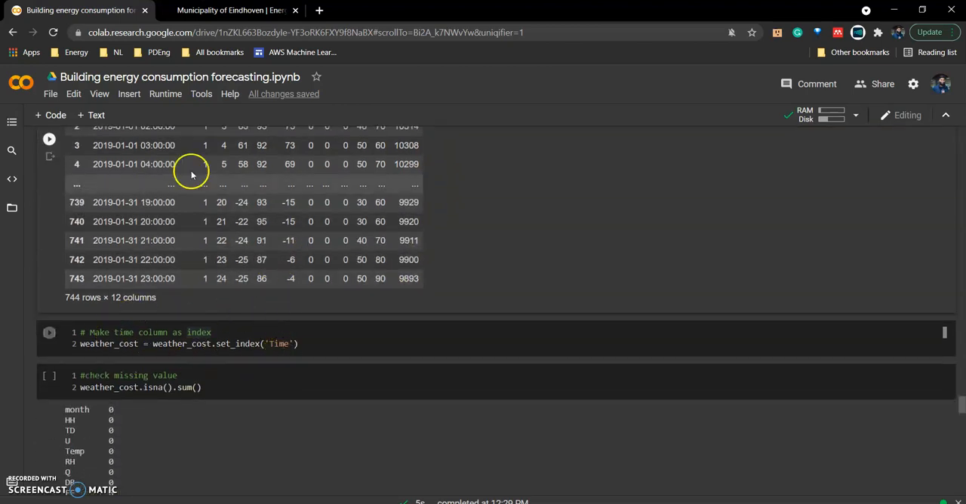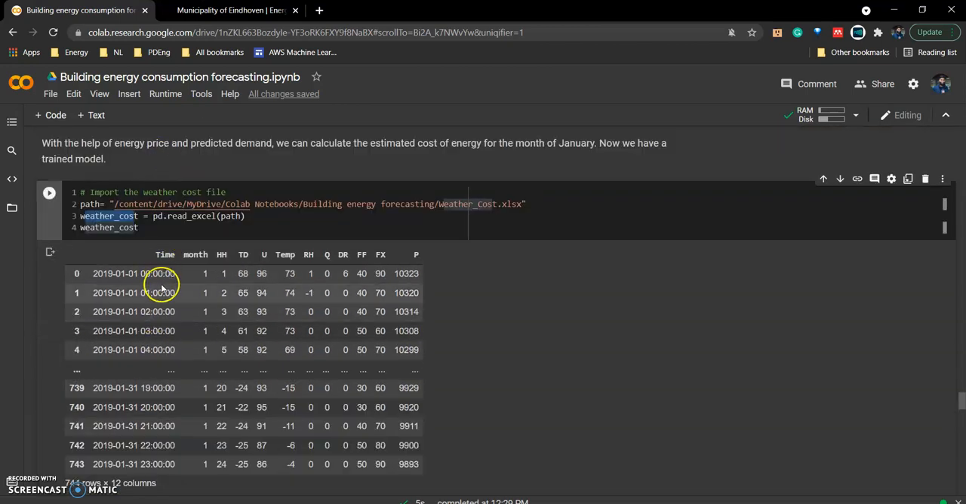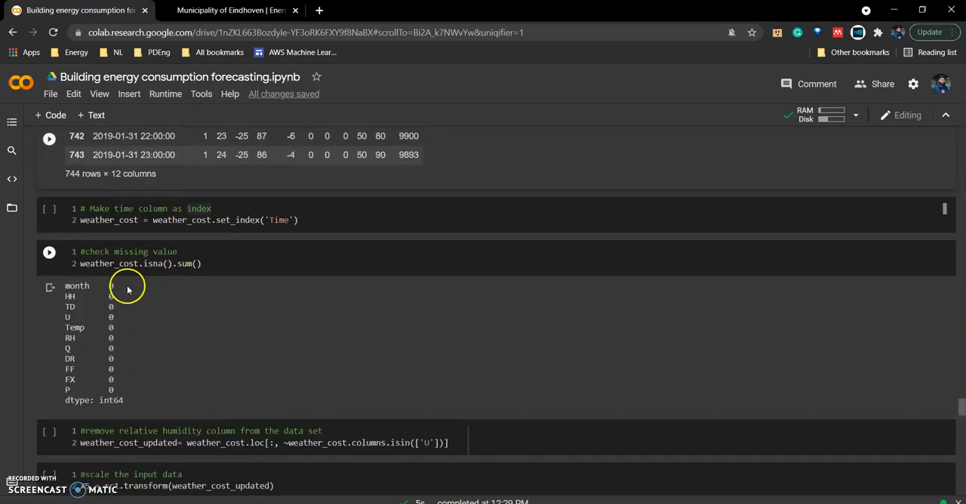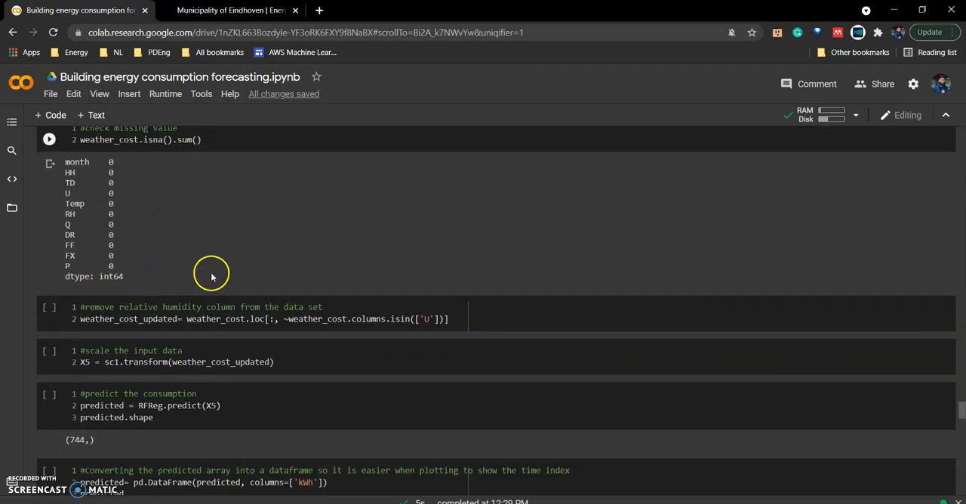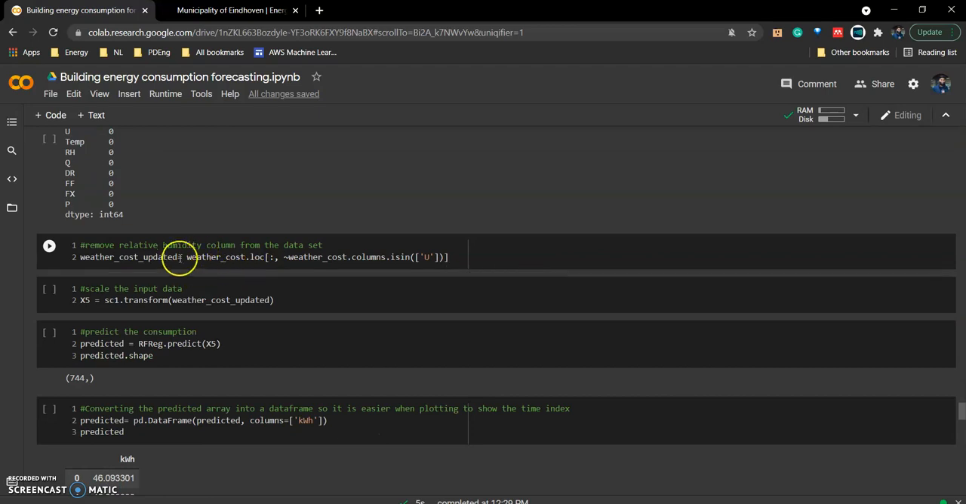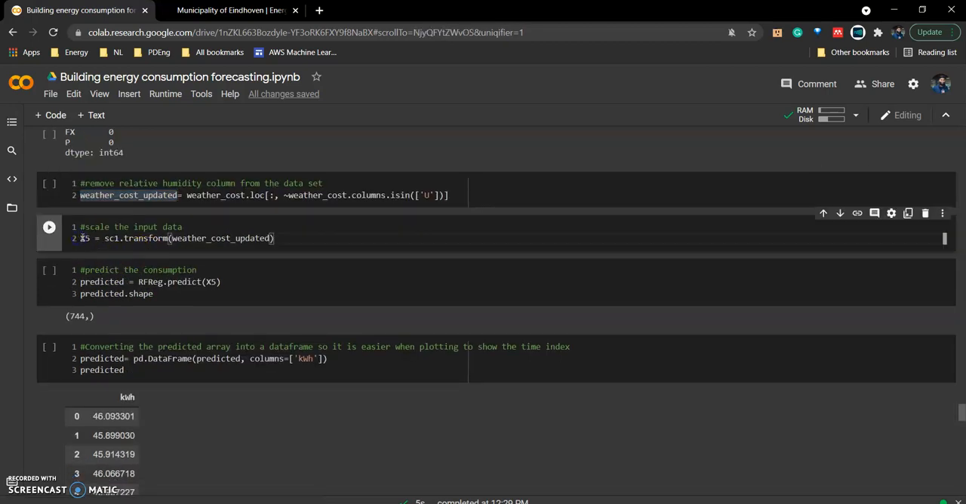And then we set this time column as an index. So then we check if there is any missing data. We see it is already clear. So we have the weather file only without the relative humidity. So let's consider this, and we update the weather cost data file, and then we define a new variable for the scaled data of the cost file,